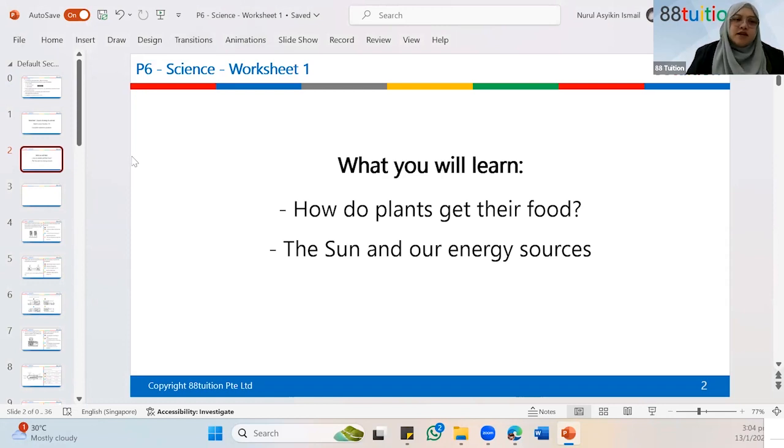Or did you all learn it already last year? Raha, is it Raha? You are doing systems now. Have you done energy last year by any chance? No, that means you will learn it either in this term or next term. But you definitely need to, because of PSLE. Okay?